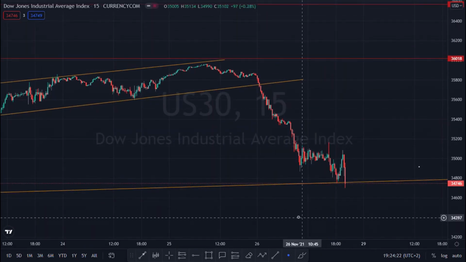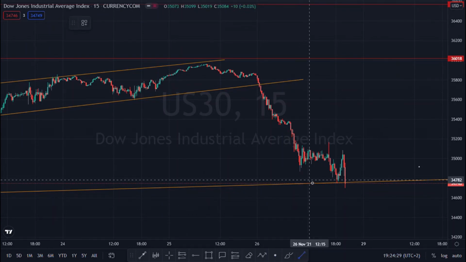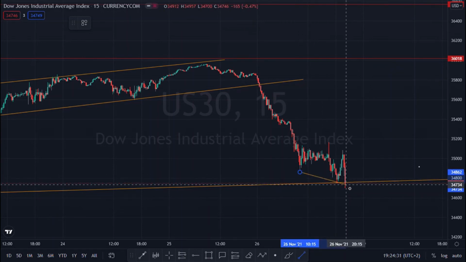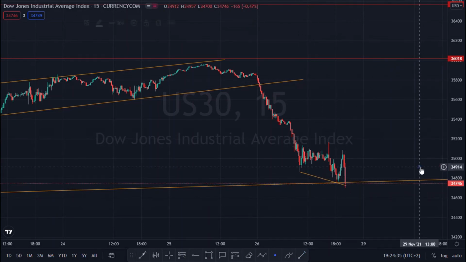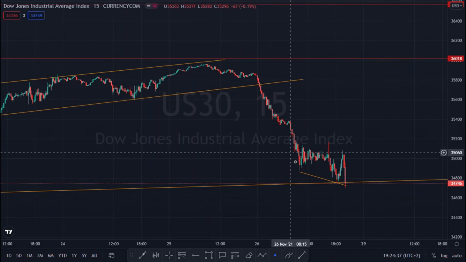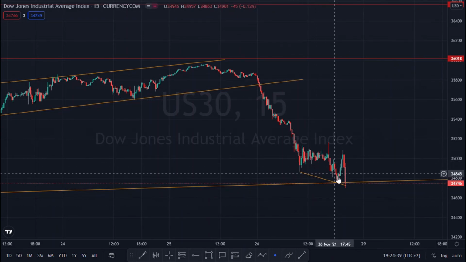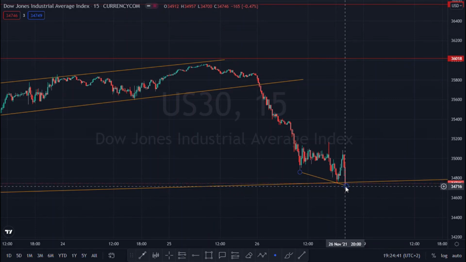Yes, exactly as I was saying. Price has been reacting towards these key levels right here. The price came in, it bounced here, came in, it bounced again, and then it came in and gave us a beautiful bounce again. So we can expect prices to shoot towards the upside, but